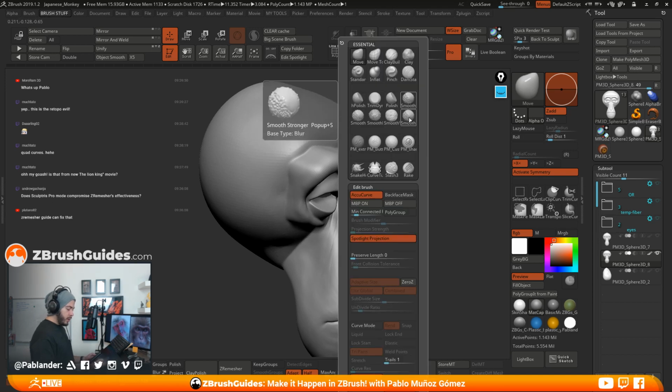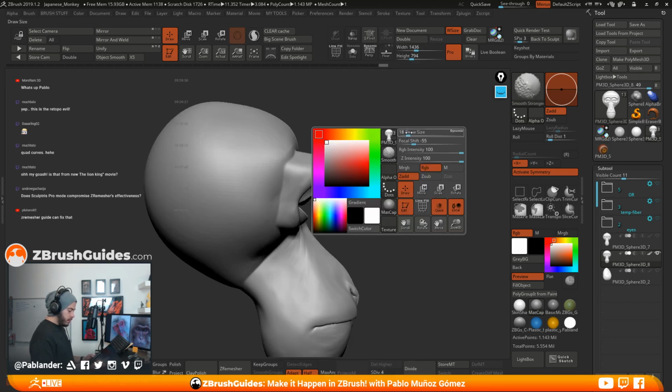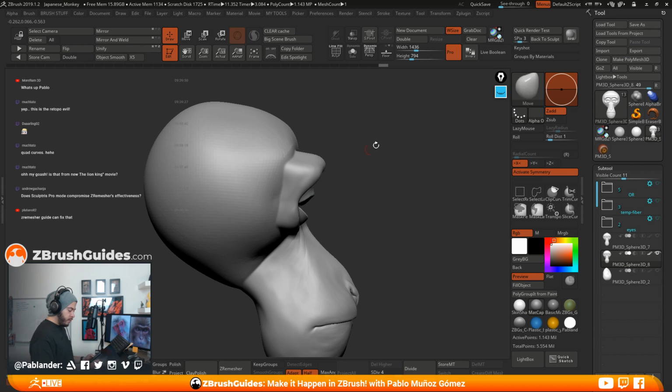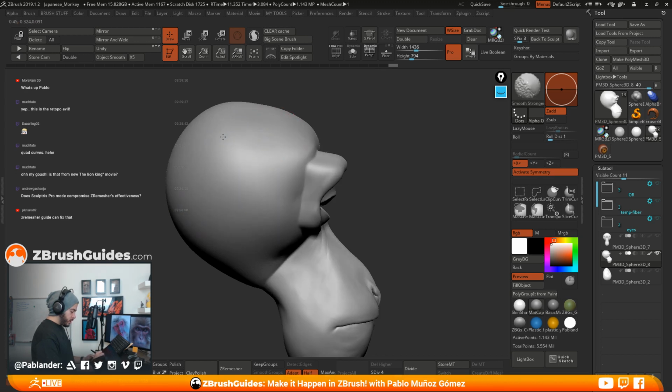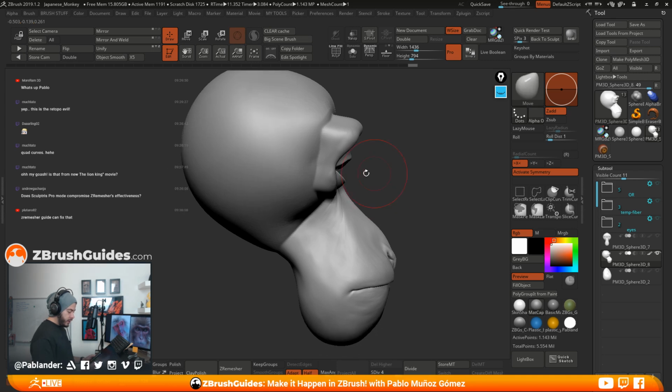Here's where I can go with the smooth strong again. I'm going to reduce the intensity so that I have more control with the pressure, and then just very quickly smooth it. We have a good amount of resolution. I have 1 million polygons. If I needed to, I could very easily